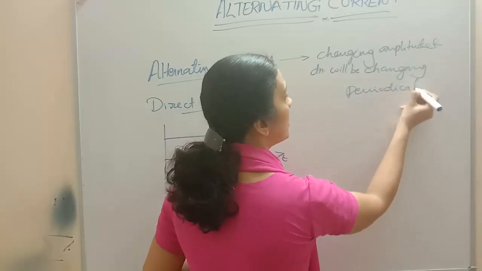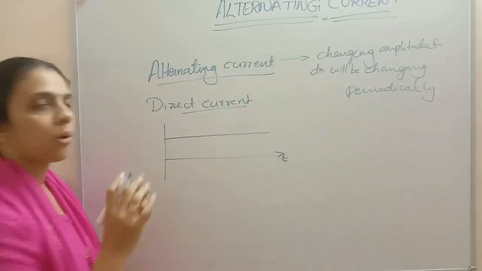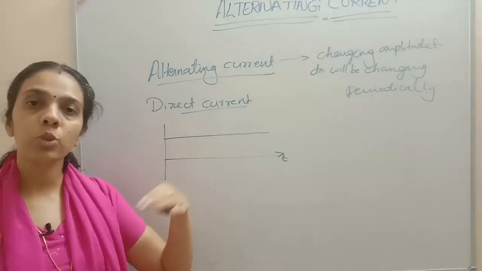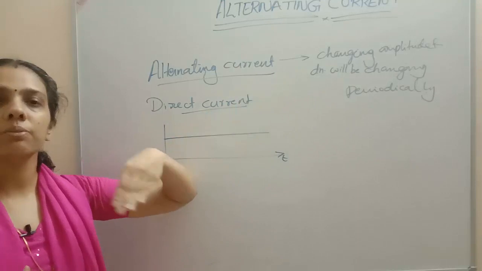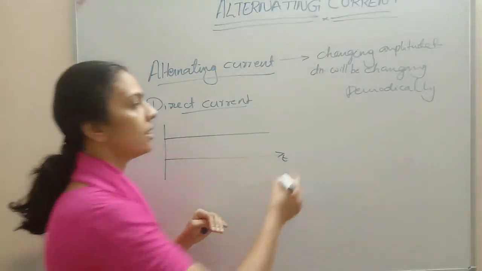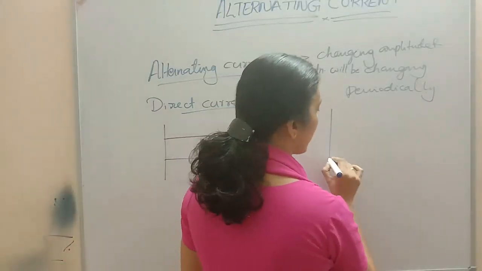That is alternating current. In the case of alternating current, the amplitude will be continuously changing and the direction will be changing periodically. That means, see here, if I am considering this